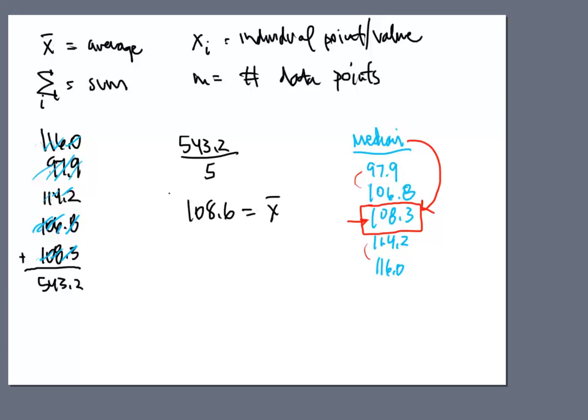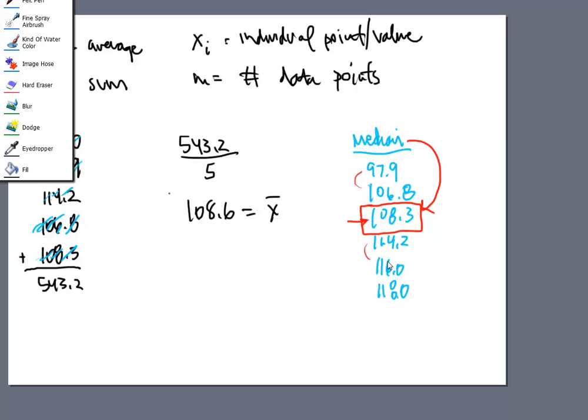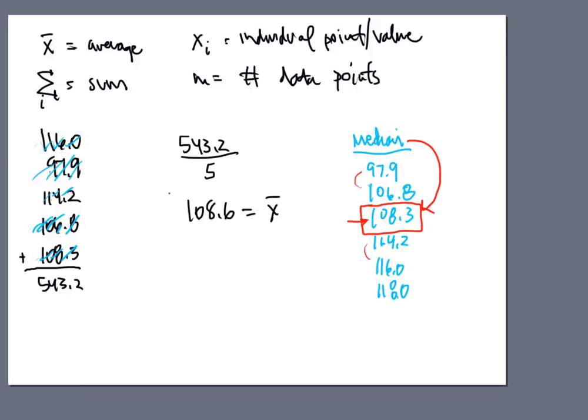Now, the point that we need to make is, what if there was an extra number here? And let's say this is a 118. There's not really a true median anymore, right? So because there's not a true median, we've got to have a way to fix it. How do we fix it? Well, there's not a true middle, but there could be. If I extended this on down and included the next number in the set, 2 above, 2 below,